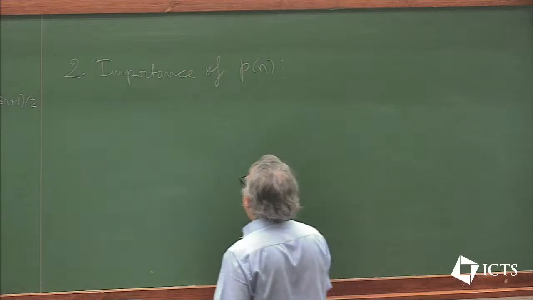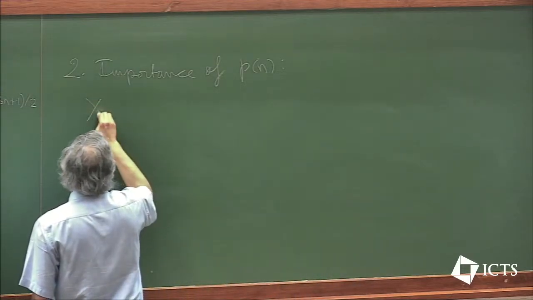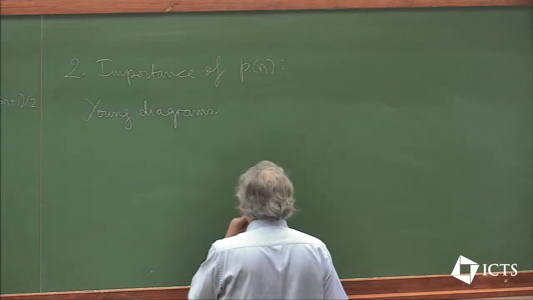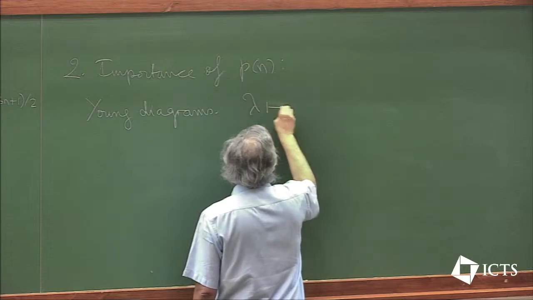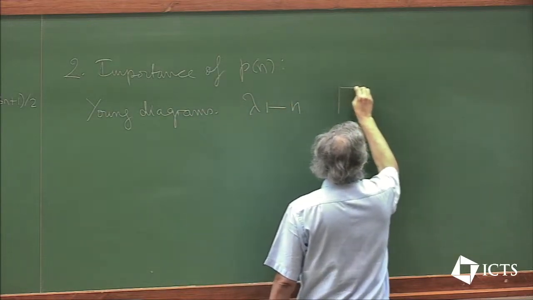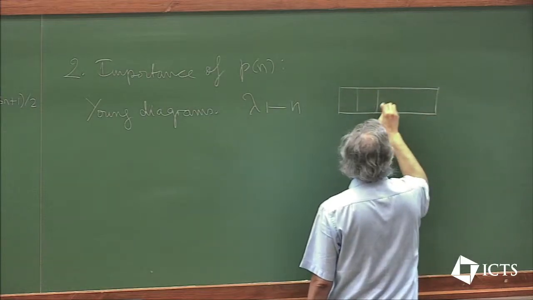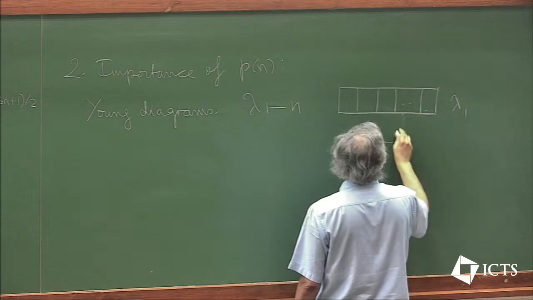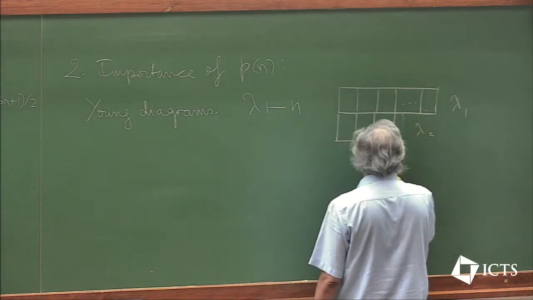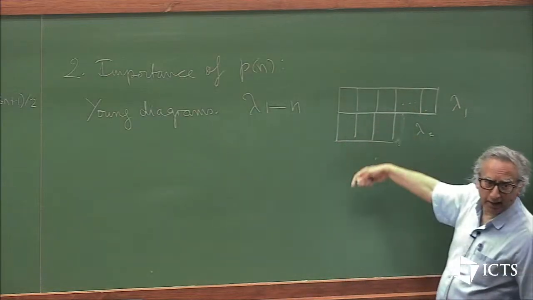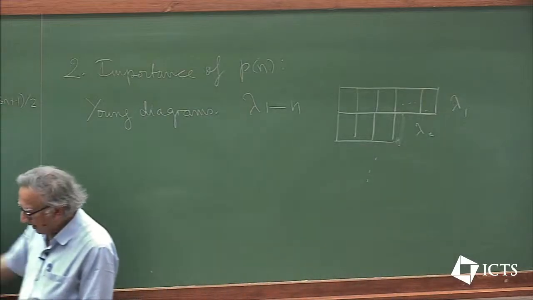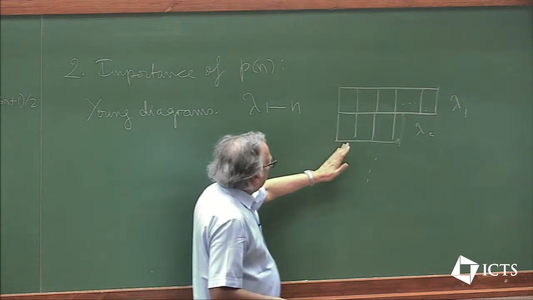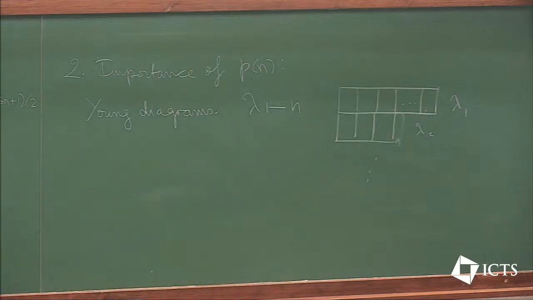It emanates from what are called Young diagrams, already alluded to in previous lectures. These Young diagrams are a convenient way of visualizing the partition. So if I have a partition of n, then I can write down unit squares: lambda 1 such squares, lambda 2 such squares, and so on and so forth. You can visualize the partition in this so-called Young diagram. And it's convenient because there are two ways of looking at this diagram, and as was mentioned in earlier talks, this diagram is a convenient way of discovering new combinatorial identities for the